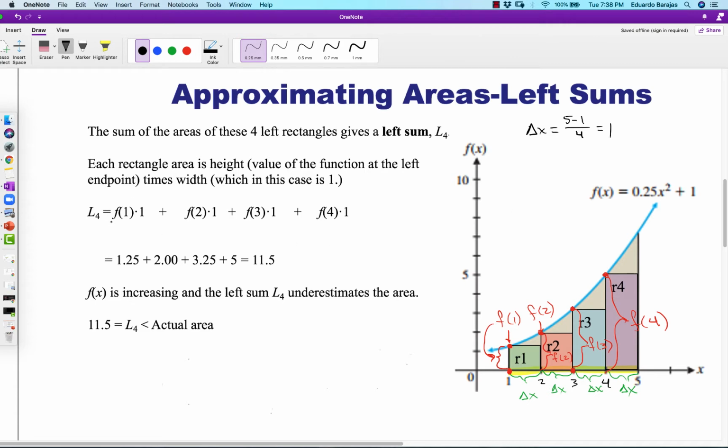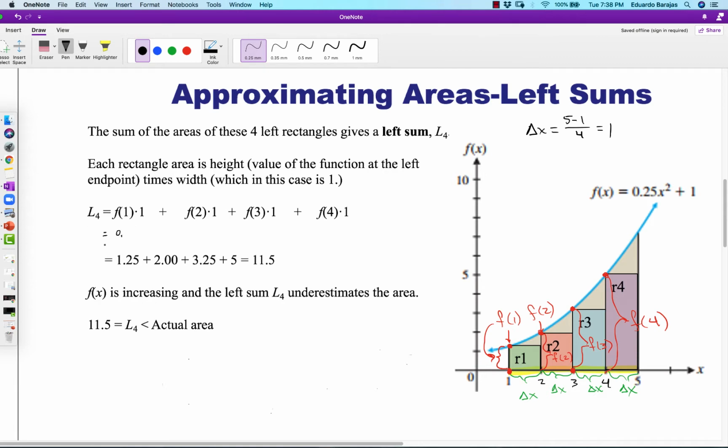Okay, so this would then represent the area of the first rectangle. 1 is the base, and f of 1 represents the height. This represents the second rectangle, the third, and then the fourth. Now, keeping in mind the function, to get the actual number, we just have to evaluate our function at each one of these points to get the actual number. So for example, for the first one, this is achieved by evaluating,